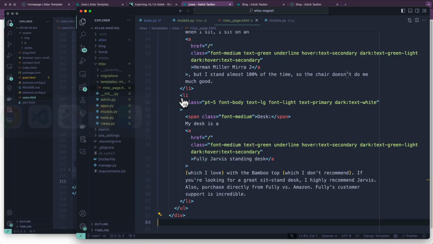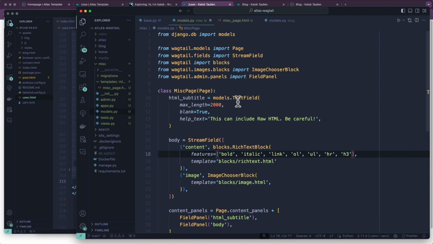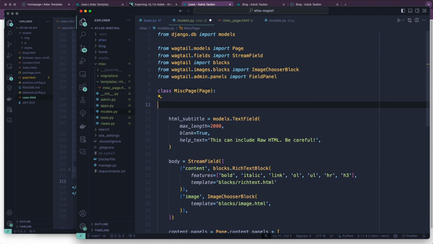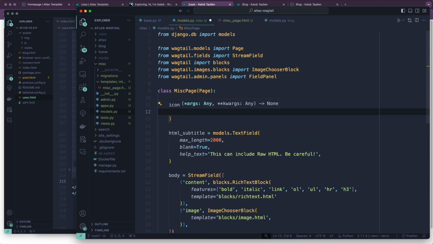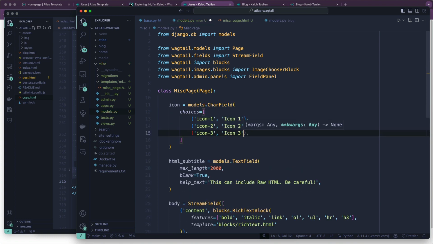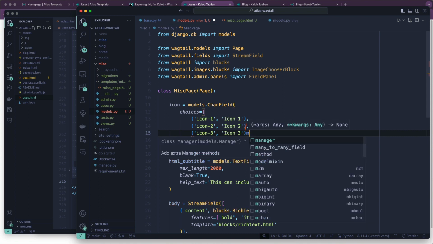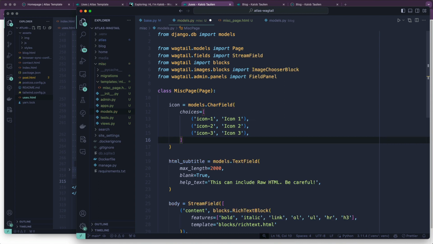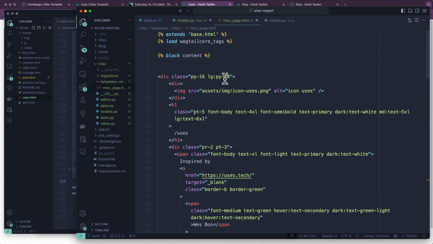Now I had mentioned I could show you how to do that real quick. The icon would be as easy as icon is equal to models.CharField. And then we're going to say the choices are a Python list of tuples, and yep, sure, good enough. What am I missing here? That part didn't quite autofill for me. You go ahead and make your migration. Then in your template, somewhere where the icon is, you would do